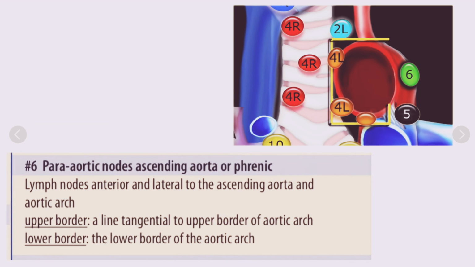Then comes lymph node station 6, which are para-aortic nodes. And these used to be present either in the ascending aorta or phrenic region. So lymph nodes anterior and lateral to the ascending aorta and the aortic arch. So they are normally lateral to the ligamentum arteriosum. So the upper border is made up by a line tangential to the upper border of the aortic arch, and the lower border is made up by the lower border of the aortic arch. So these are along only the aortic arch. So the upper border and lower border of the aortic arch make the upper and lower border of these